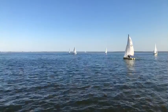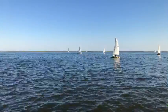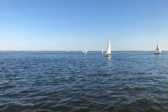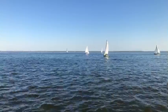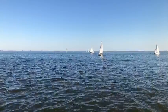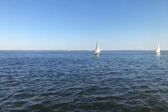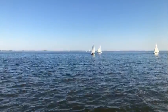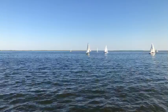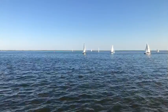All right, let's just watch the action out here. That's the last of the boats out of the marina. We'll watch the start of the race. Let me get position here so I can get the start line centered. Now when the boats get out there, what we're going to hear in a little while is the horn sound on the committee boat starting line, like a doot doot doot doot doot. That's a warning, get ready